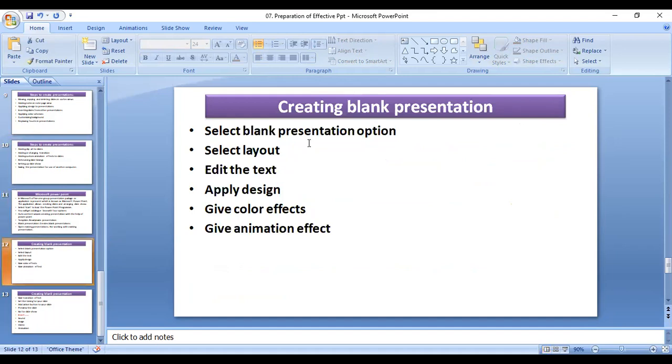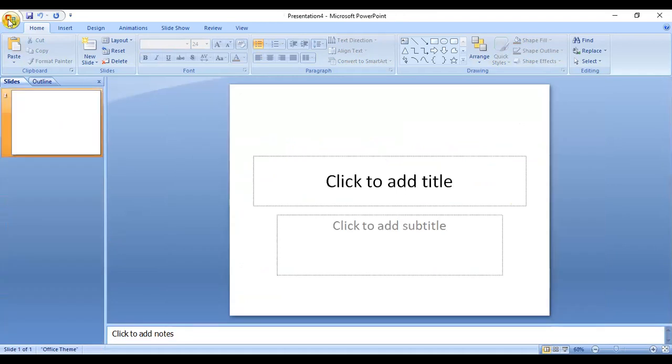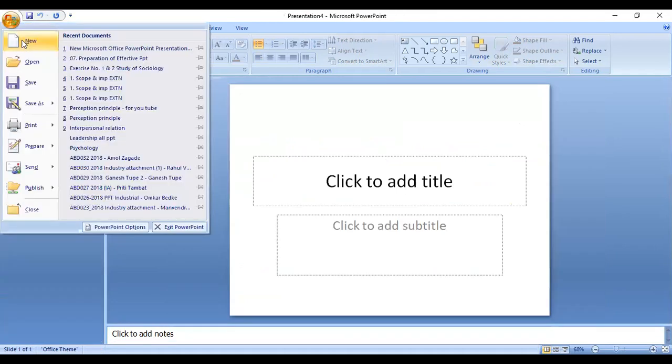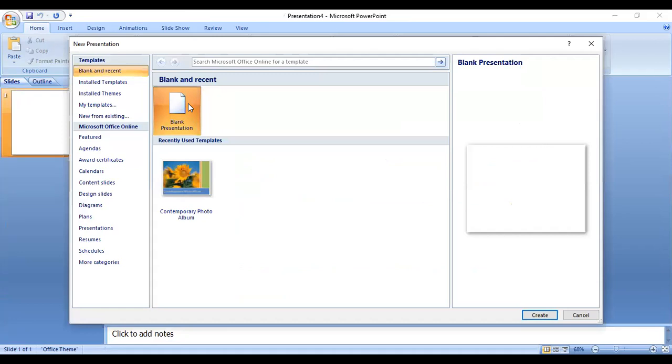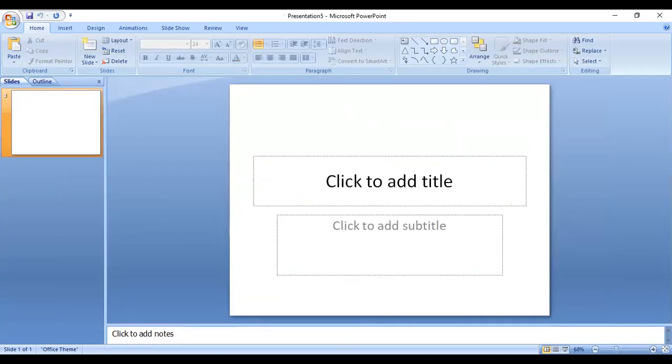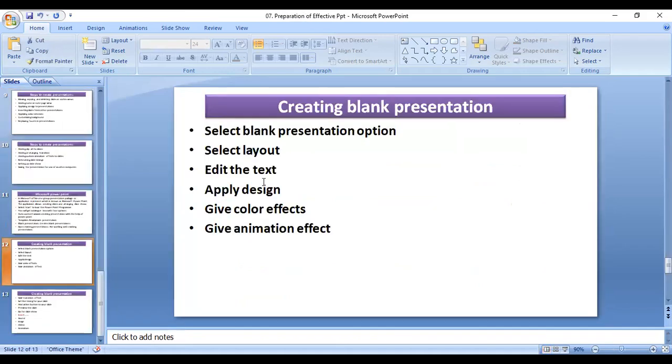Now how to create a blank presentation? Select the blank presentation option. Okay, select layout. Here is a blank presentation we have selected. This one, new. Okay, create. Now what we have to do in a blank presentation: select layout, edit text, apply design.